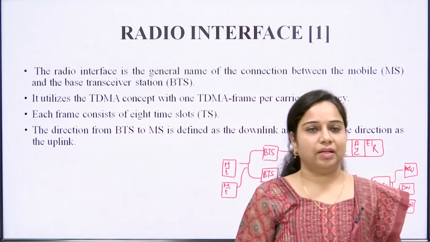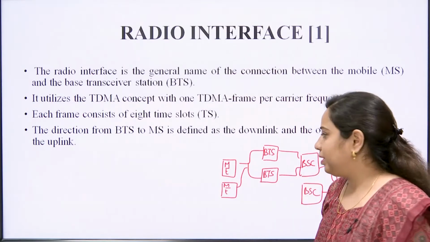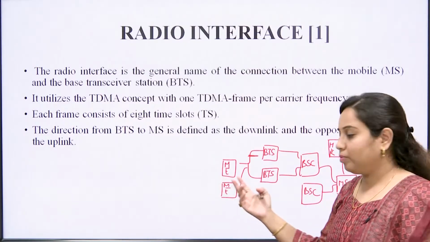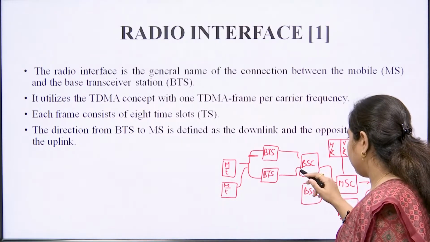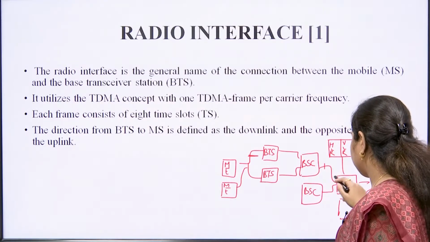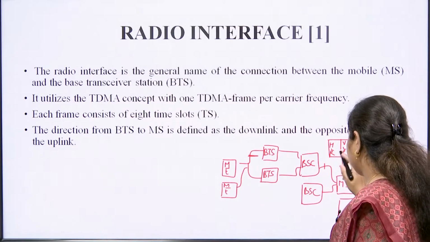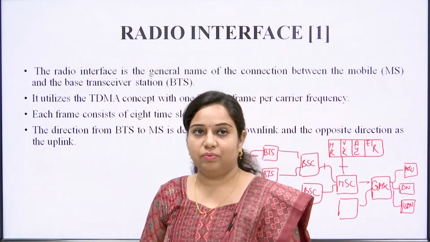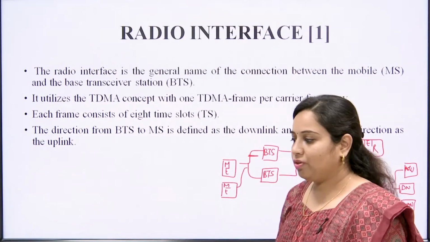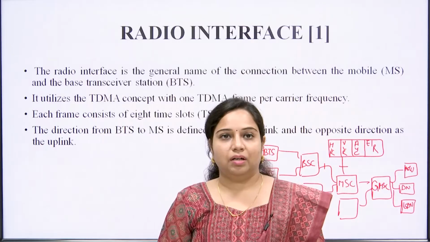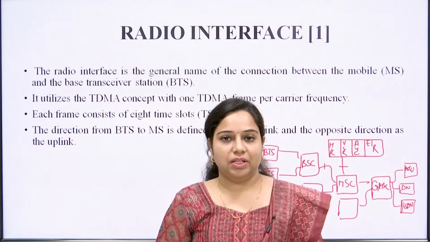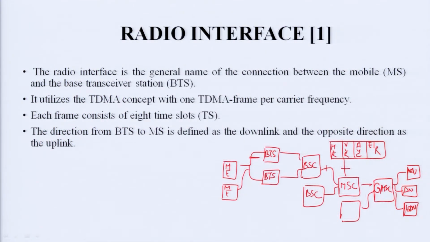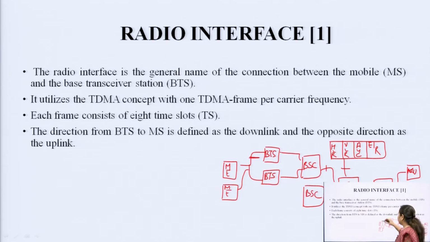So, what is radio interface? When a mobile phone is connected to a BTS, there is an air interface between these two equipments, and also an interface between BSC and MSC, and between MSC and all the 4 registers. This is all about the interfacing that we are going to see. Radio interface is the general name of the connection between the mobile phone and the base transceiver station, that is BTS. Now, it utilizes the TDMA concept, that is time division multiple access concept, with one TDMA